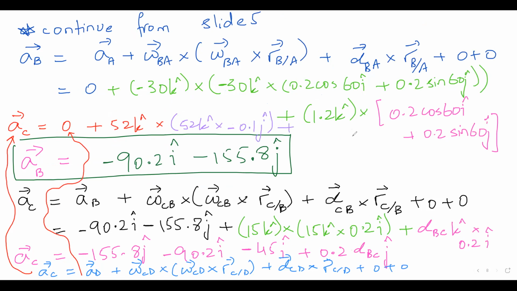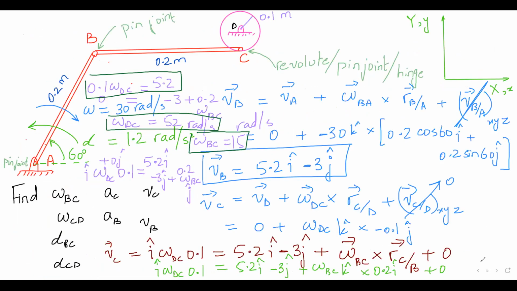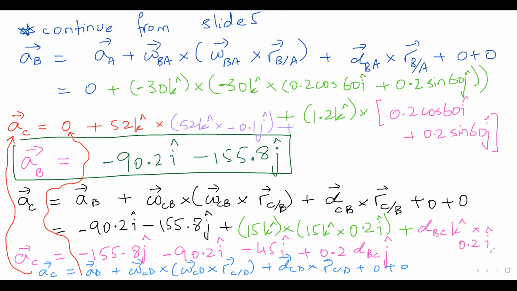alpha. Anyone who can tell me what is alpha CD? Alpha CD, we can take what? Alpha CD K because it's an unknown. Good. Very good comment. But I have this very intuitive feel that alpha CD will be clockwise. Okay, I'm taking alpha CD as clockwise. Cross minus 0.1 J. So I will have